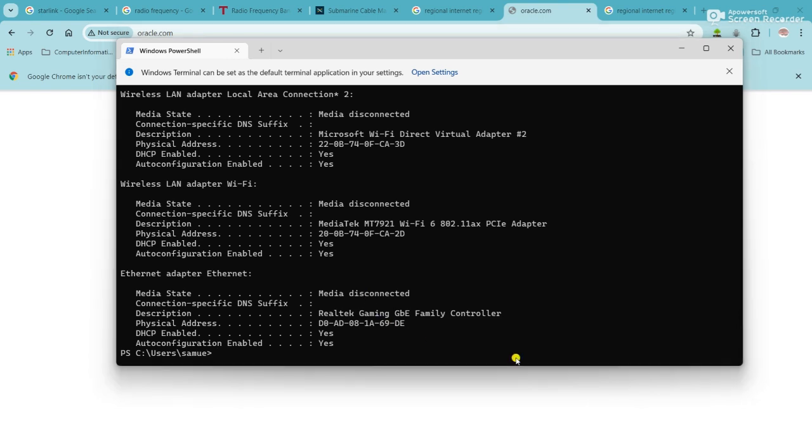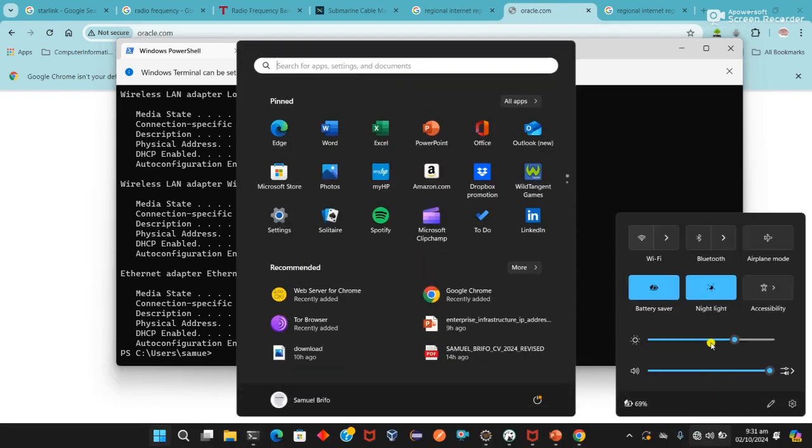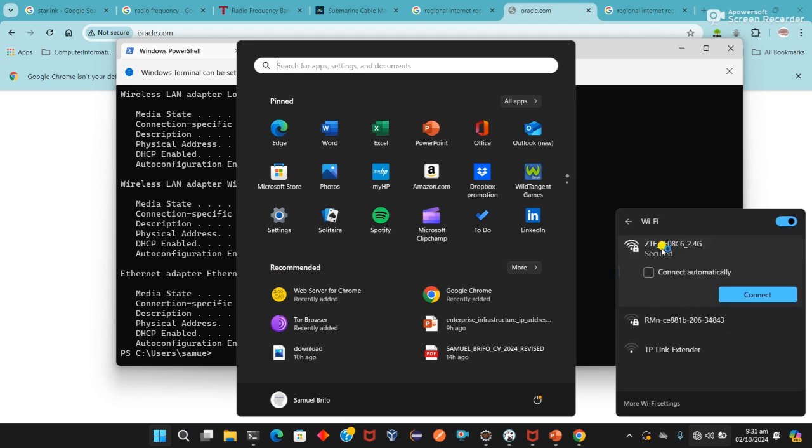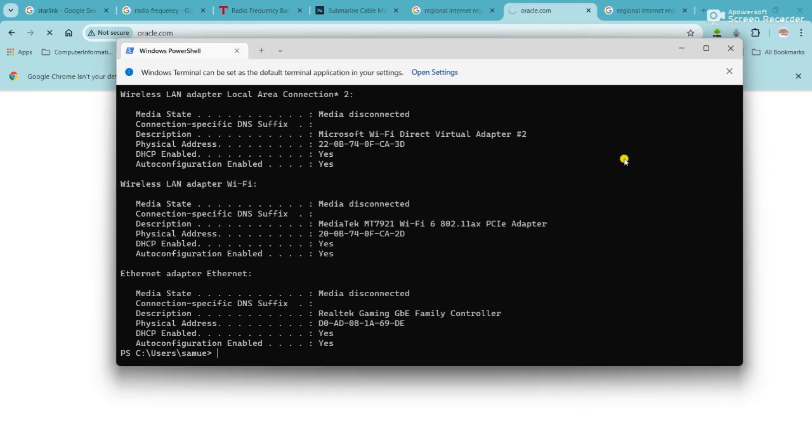The day you get connected, as long as you connect, now I'm going with MTN routers, as long as you connect, you get an IP address.